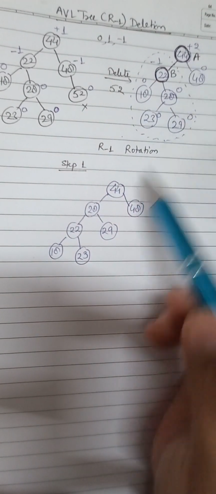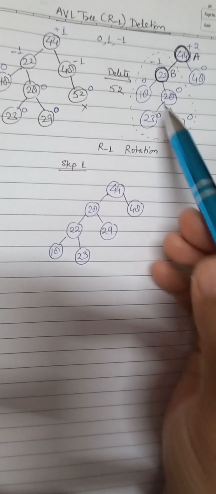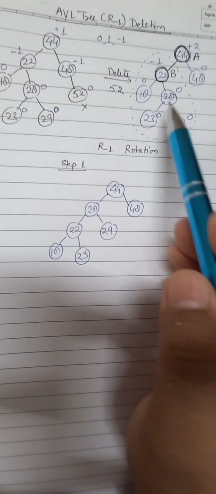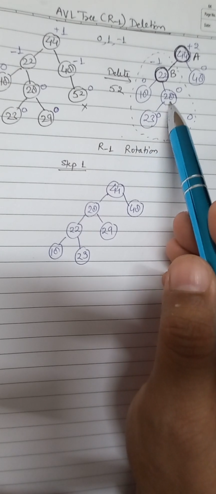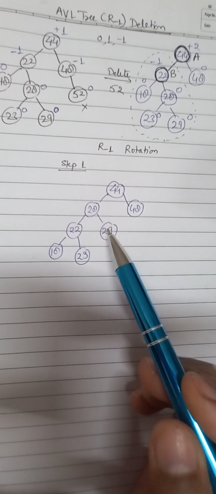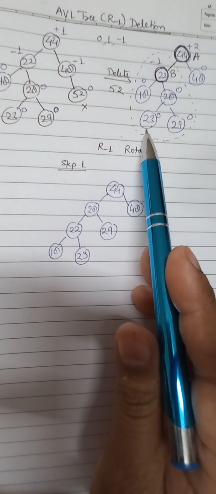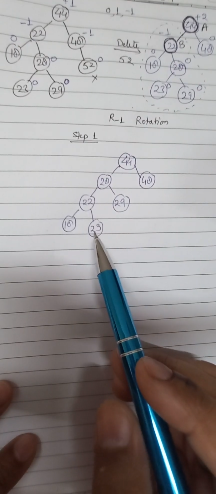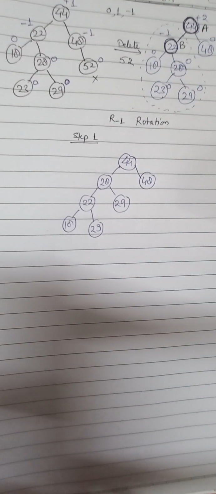So till now we have not touched this part, it is the same, but we have touched this sub part, as I have shown with the dotted line. So this is the left rotation we are doing. 28 will go up, 22 and 18 are coming down, 29 after 28, and 23 is there, and according to the binary search tree property 23 can come on the right hand side of the 22. Now this is step 1. Now in step 2 what we are doing,